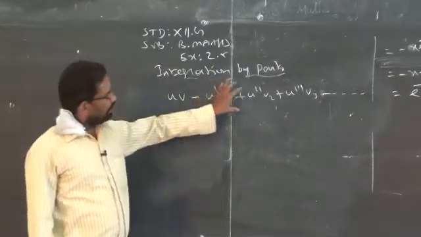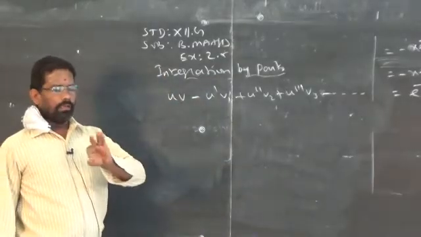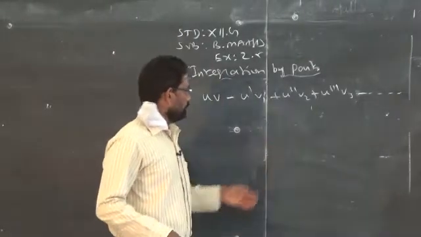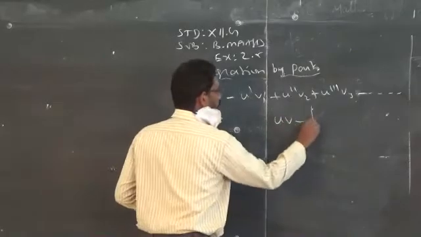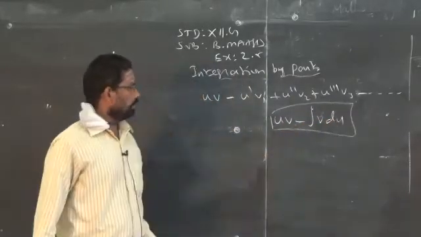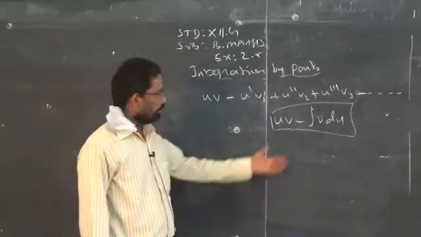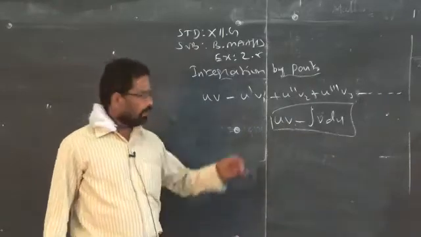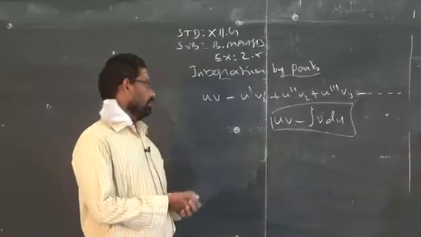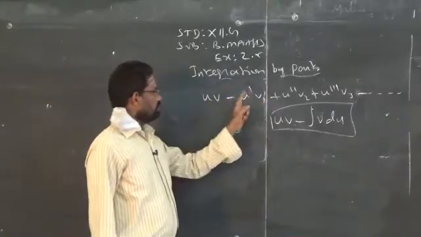So this is called Bernoulli's formula. You can apply this formula when the power of x is more than 2. If it is less than that, then we can apply the previous formula, that is uv minus integration v du. So that you can apply only when the power of x is 1 or 2. If it is more than 2, you can apply the same formula and you will get the same answer, but it will take more time and the calculation will become tedious. To avoid such problems, we use Bernoulli's formula, that is uv minus u dash v1.